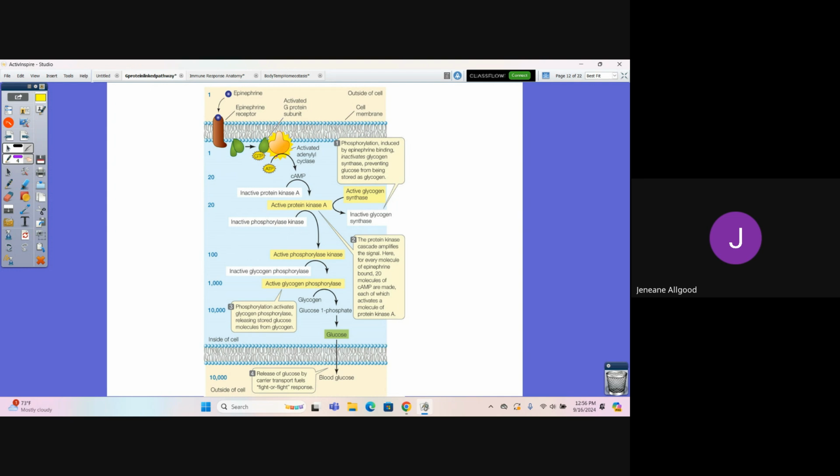And then with cyclic AMP, when you see something like this, we call this a phosphorylation cascade, which means we're adding or taking away phosphate groups to activate the next thing in the pathway. Once we make cyclic AMP, notice from the picture, and remember we always want to look at the pictures, they're there to help you, cyclic AMP converts inactive protein kinase A to active protein kinase A. Now again, I'm not going to make you write all these steps out on your quiz or test. I have no interest in that,